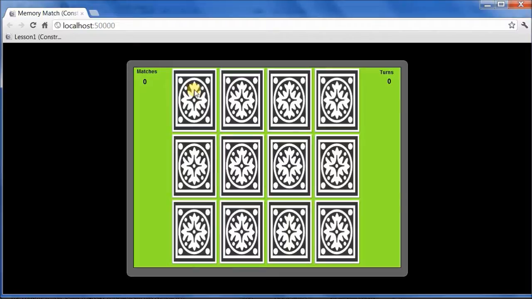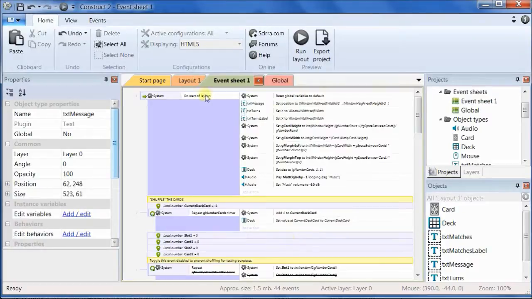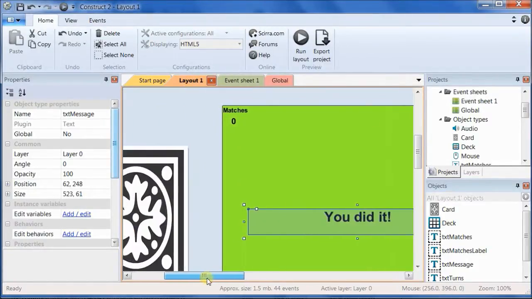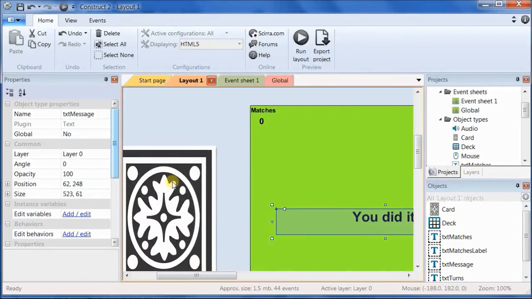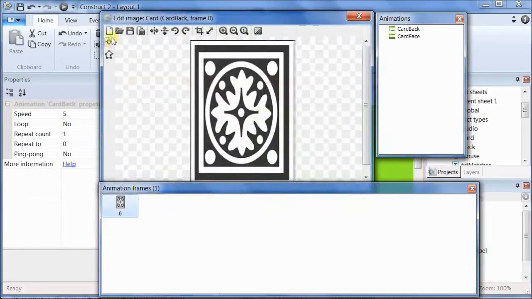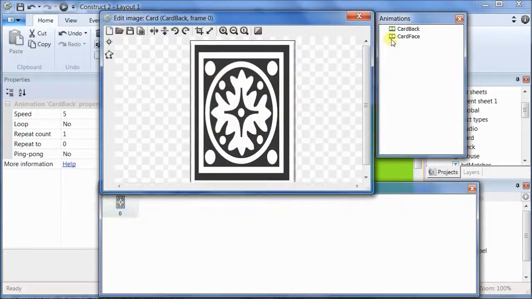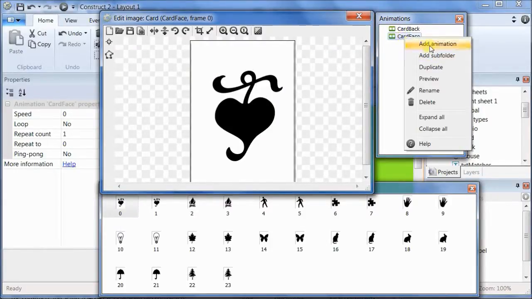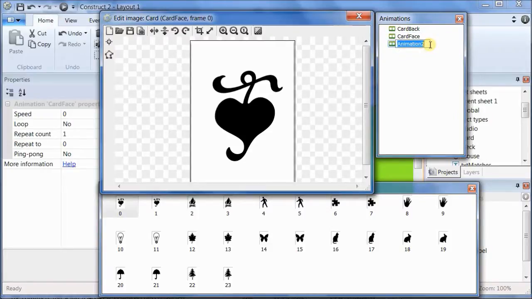And we've still got a little bit of time, so I'm going to show you how to implement the alternate version of the card game that we talked about in the first episode. Alright, let's go back to the layout and move over to the left side where we have the card object. Double click it to open the animation editor, and we're going to create a new animation. So go to the animations window, right click and choose add animation, and let's call this